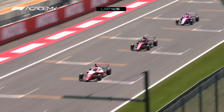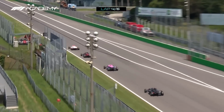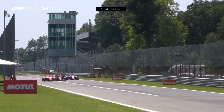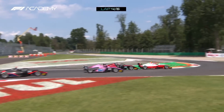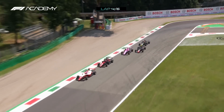Garcia giving a nice tow to Buller. Garcia has to take the inside line to defend. Buller's going to try and sweep round the outside. Brave move from Buller. Garcia forces her out wide, and that's going to allow Pulling to come into action here. But also then Pulling gets shoved down onto the gravel, and that brings in the other Rodin Carlins of Gilks